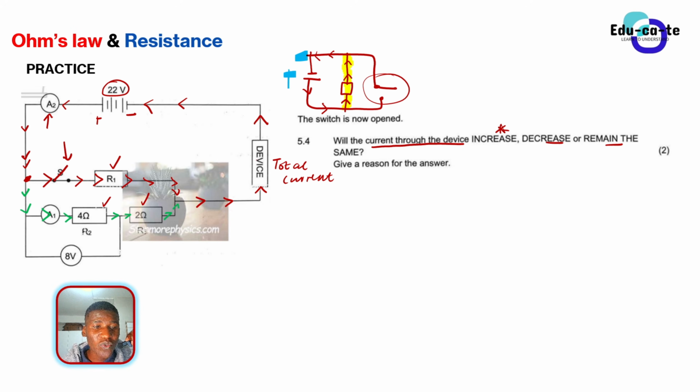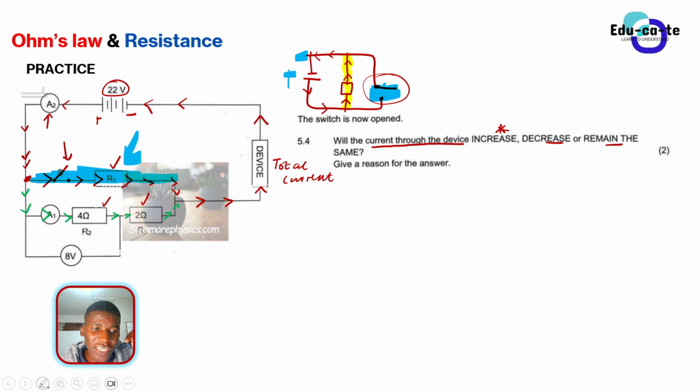The moment you open switch S, do you realize, grade 10s, 11s, and 12s, that the current will not be able to pass through resistor R1? So it is like we're actually removing resistor R1. You have to look carefully and observe what the question's intent is. By opening the switch S, we are cutting off the power of resistor R1, because no current is able to pass when the switch is open. So the moment I open switch S, R1 will not be getting any current.